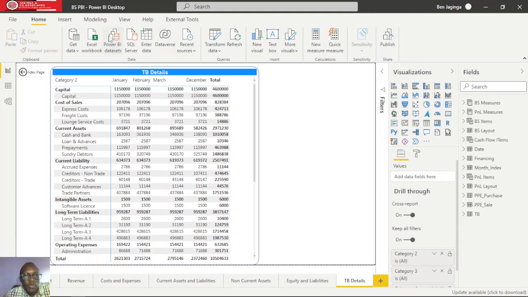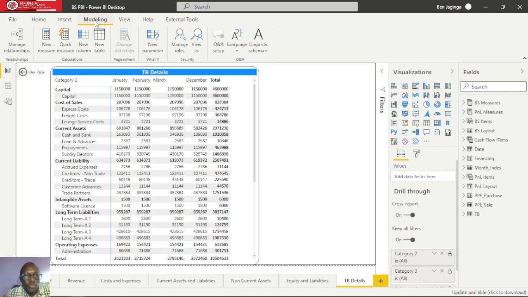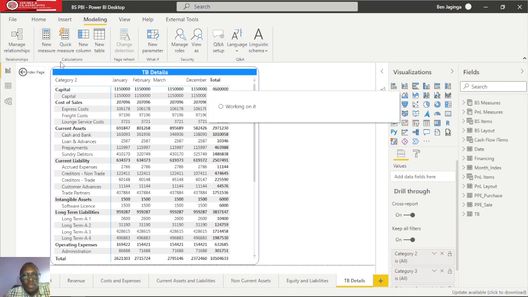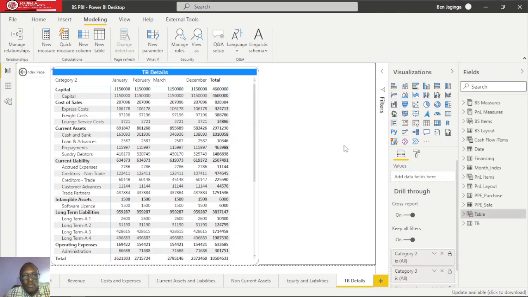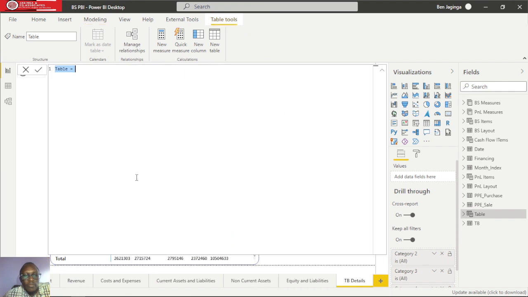So we'll click on this modeling tab, then we'll click new table. So the new table here will be given a blank page, and this is a place now we need to do our coding using DAX, and then we'll be using variables. But before we do our coding